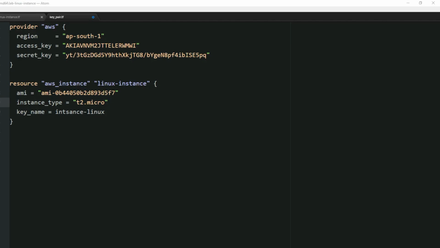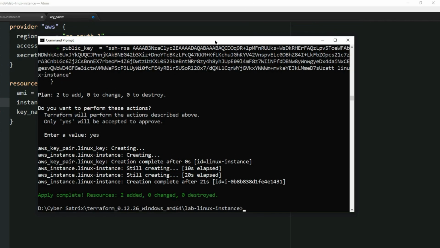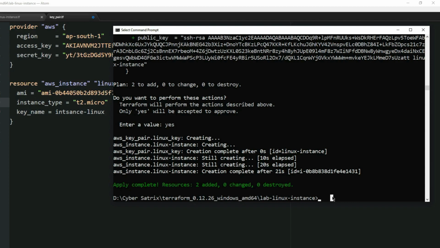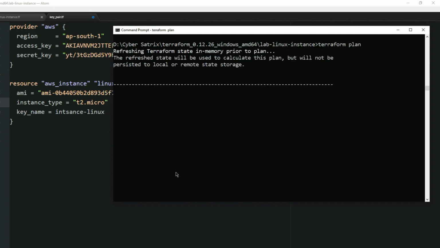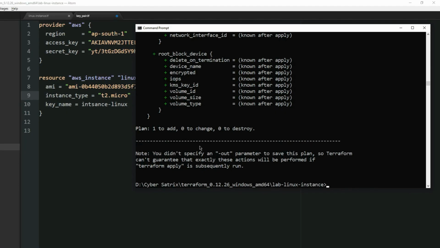Let me perform the Terraform. Just for the information, I have already terminated the older instance, and this is going to create a new one. So we can again type terraform plan, and this should show me the required resources it is going to create.